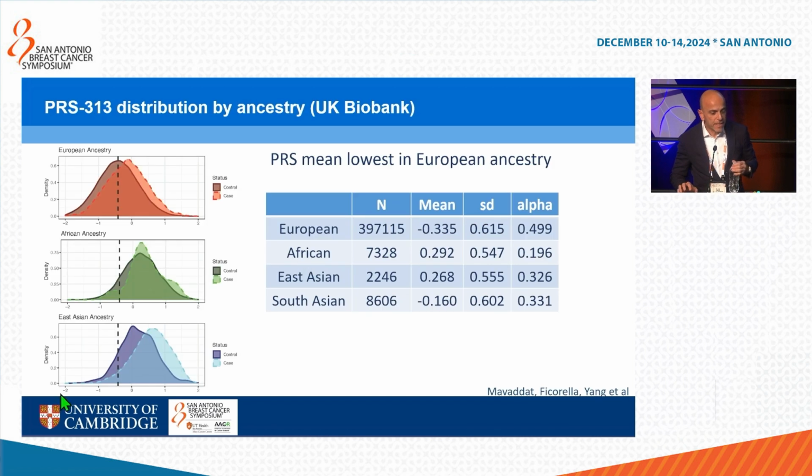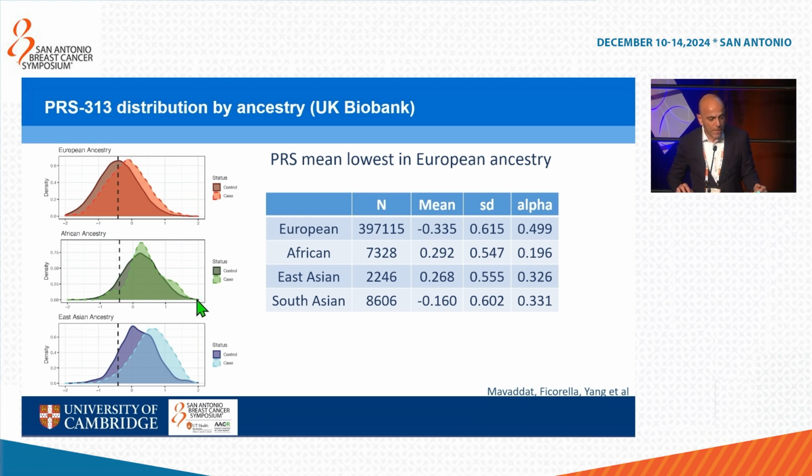So this difference is included in the models by re-estimating this alpha parameter that I mentioned earlier, which is the proportion of the familial polygenic component explained by the polygenic score. As you can see, it's lowest among African ancestry women, which captures this lower predictive ability in that group. And then we also take account of the differences in the distributions of the polygenic scores across the different